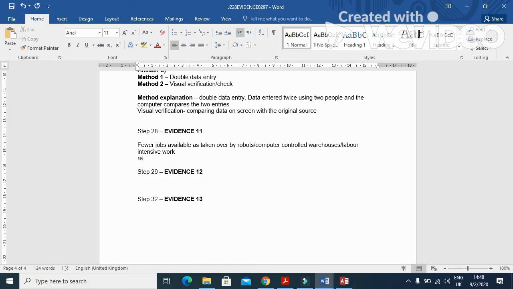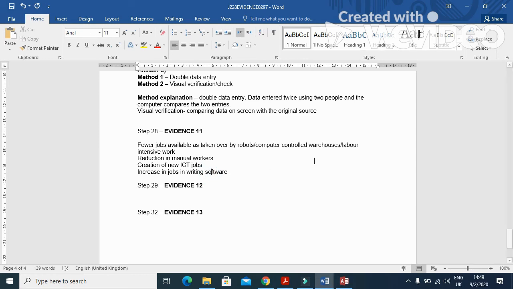And then a reduction in manual workers, and also creation of new ICT jobs, an increase in jobs in writing software, software programs,